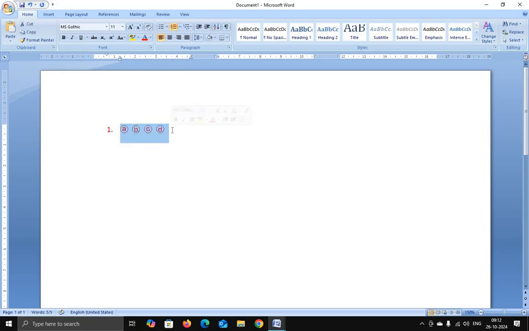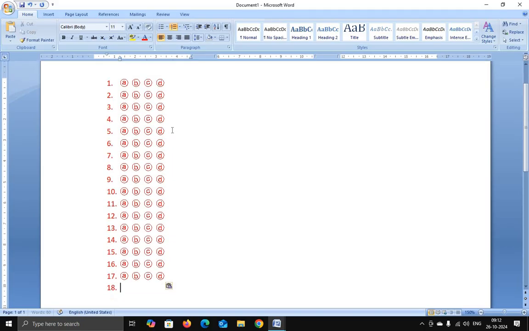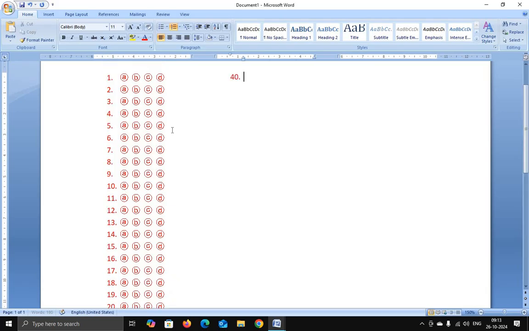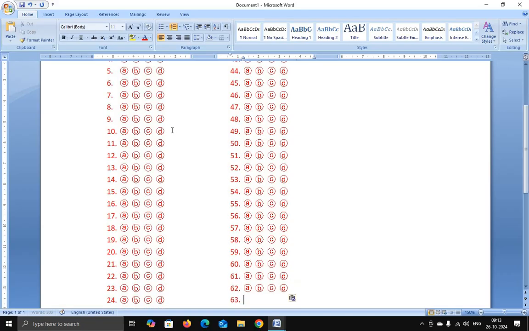Just select this and copy this, press enter and then paste it and paste it multiple times. You can see, so you can see this way you can create a OMR sheet. So paste it multiple times